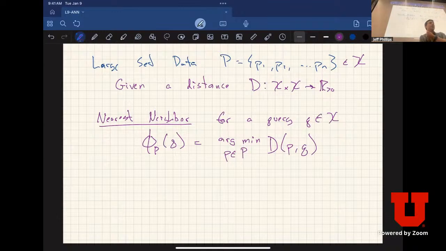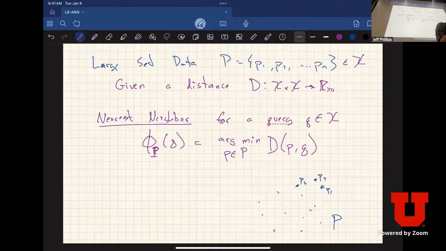So it's going to be the point p. So phi of uppercase P, this is an uppercase P here, is going to be one of the data points. So if my data set here are these points in 2D, this is my set P, this guy is p1, this is p2, p3, and so on,